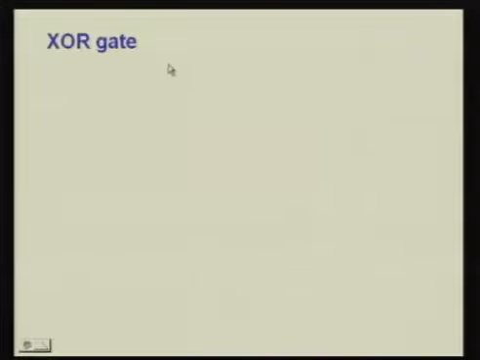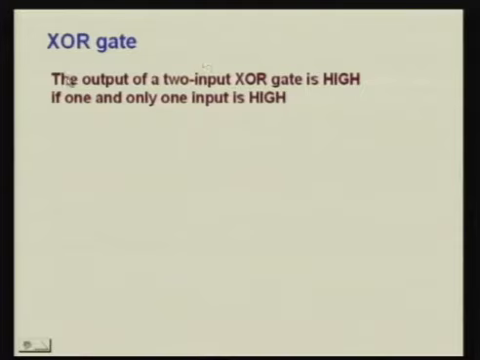Now we will study the XOR gate, which we have already mentioned, that is the exclusive OR gate. What is the exclusive OR gate? What is the importance of this XOR gate? We will see now. The exclusive OR gate we can define as: the output of a 2-input XOR gate is high if one and only one input is high. It's very important to note that if one and only one, means if we have 2 inputs and one is high and one is low,